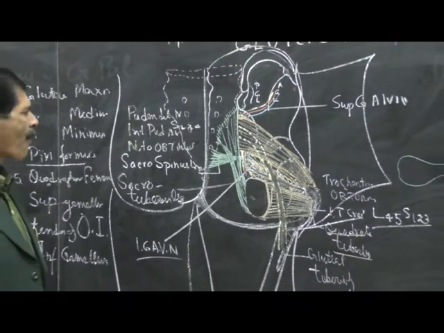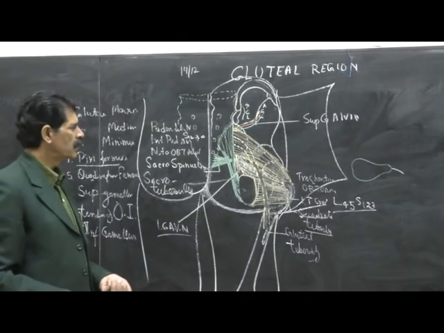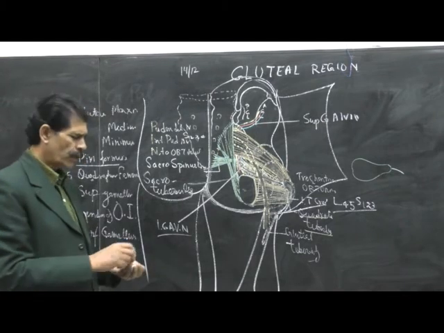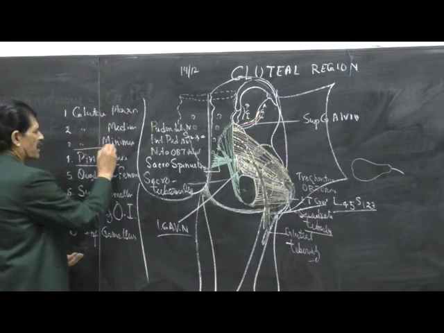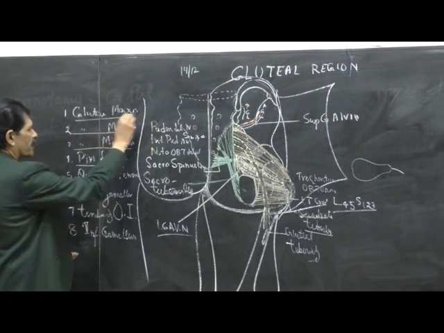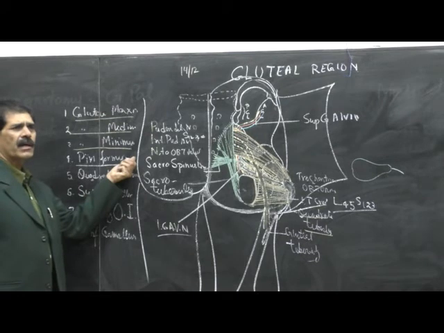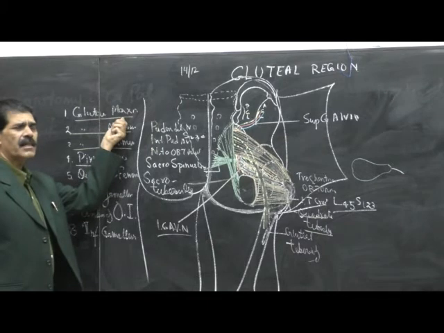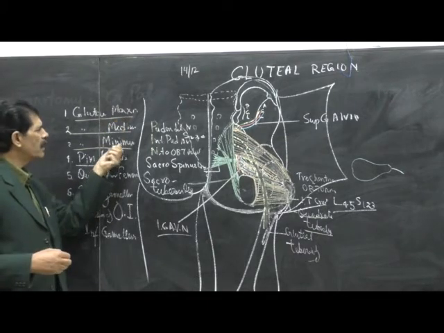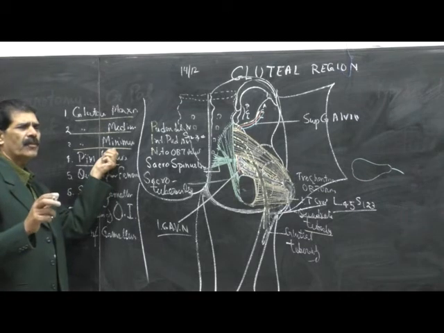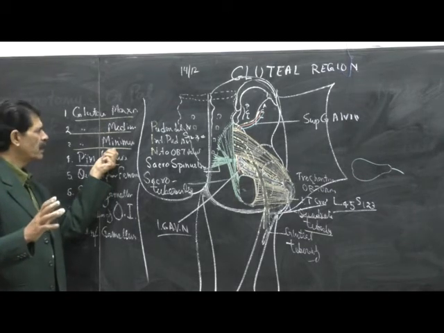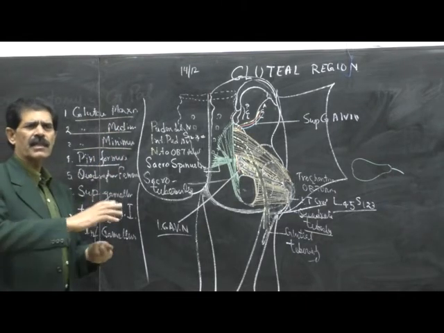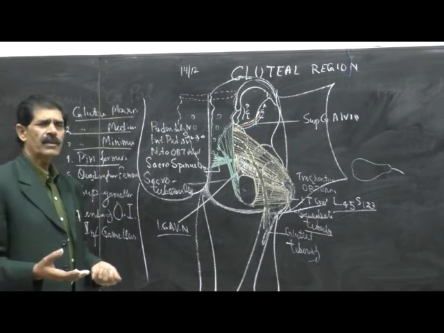Now come the gluteal muscles. The gluteal muscles are the gluteus minimus, medius and maximus. These muscles are named according to their morphology. Gluteus maximus is the largest muscle, having a large area of origin and a large area of insertion. Minimus has the minimal area for the origin and minimal area for the insertion. The medius is called medius because it is sandwiched between the gluteus maximus and the minimus. So this is how we name these gluteal muscles.